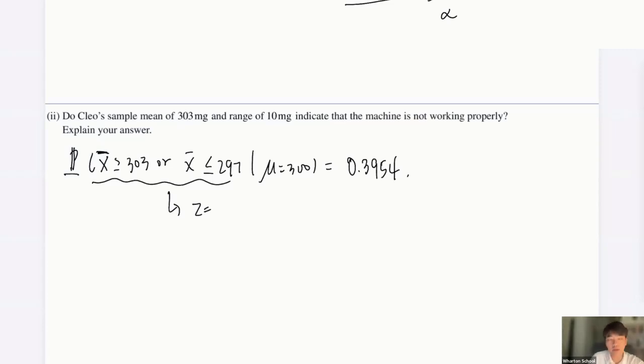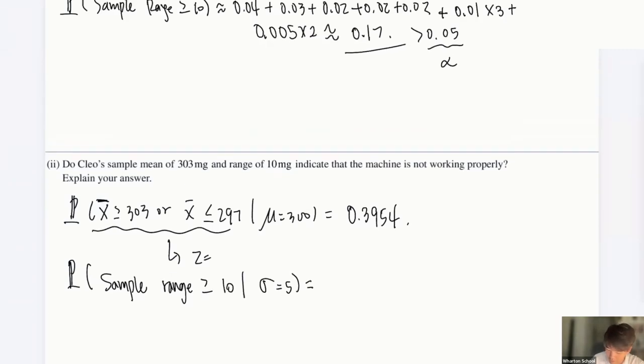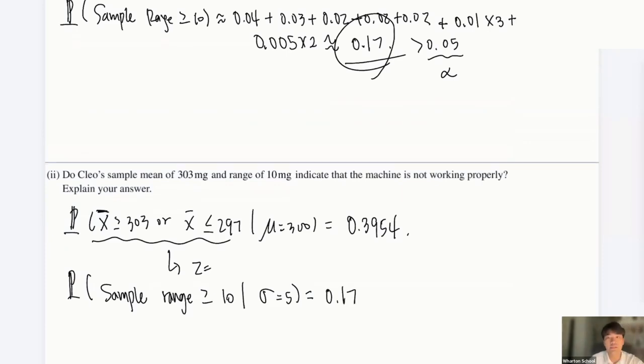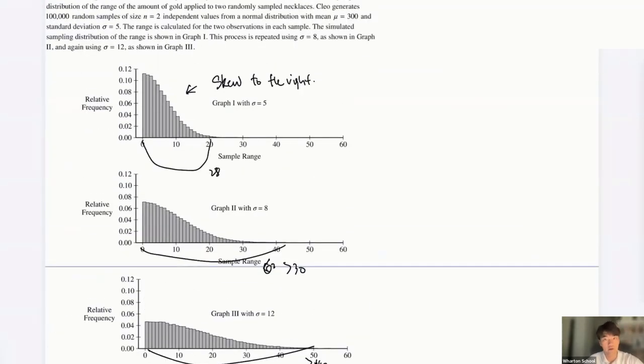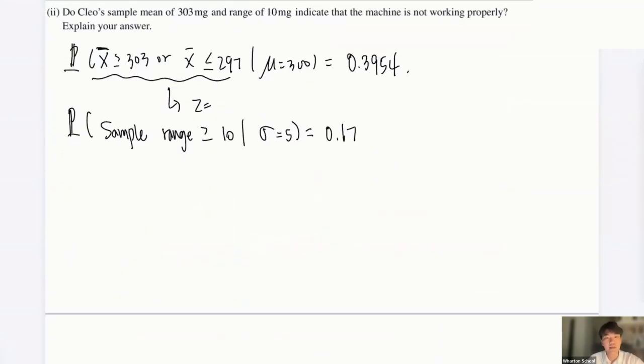Okay, and we need another probability, the probability that the sample range is greater than or equal to 10, given that the standard deviation is 5. So we already got this, where this is 0.17 based on this graph right here. The last thing, the probability that we ultimately want to get, combines these two, right? For the probability of these two happening at the same time, you always have to multiply these two probabilities. So you can multiply these two probabilities, 0.3954 and 0.17, which gives us about